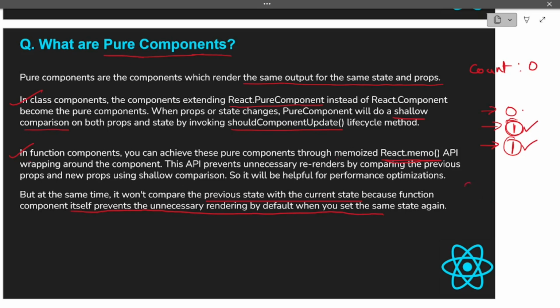So if my count state is 0, and initially it got incremented to 1, then to 2, and then again to 3, then in the next code execution the same value got updated. Like the previous value was 3 and the new value was also 3. So when this case happens, the functional components are smart enough that they will not re-render your component, they will keep your component as it is.